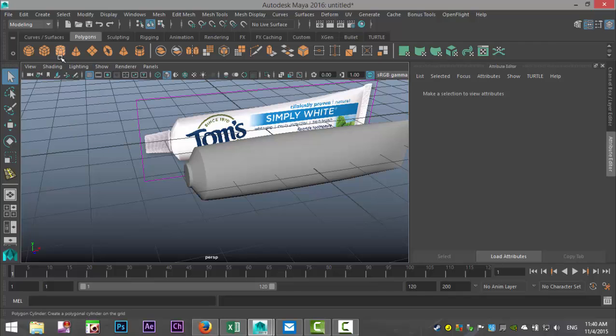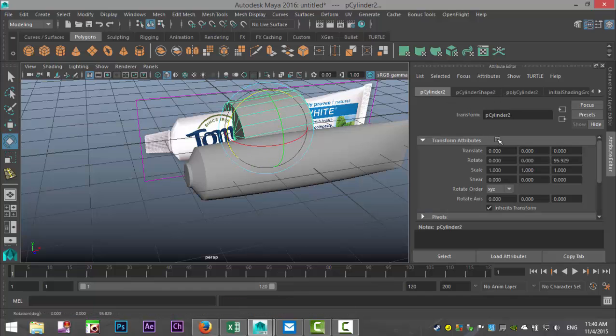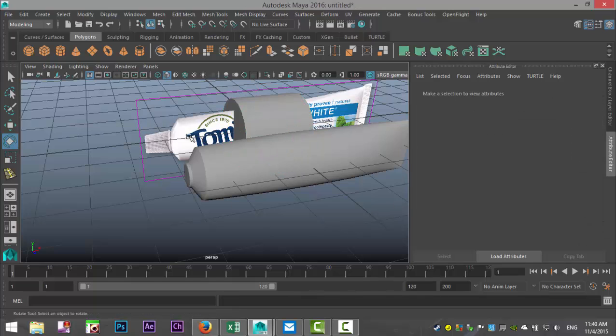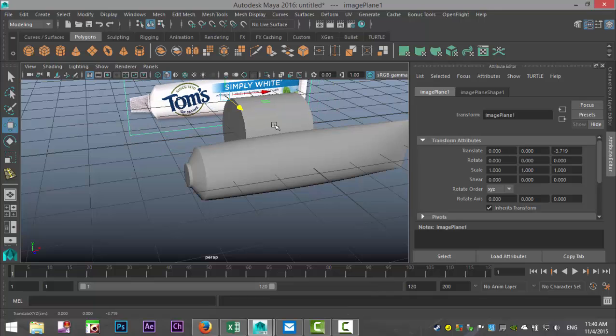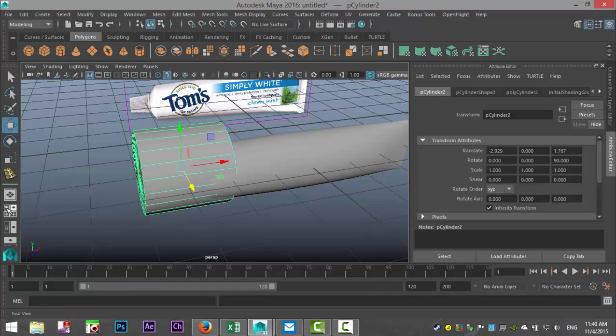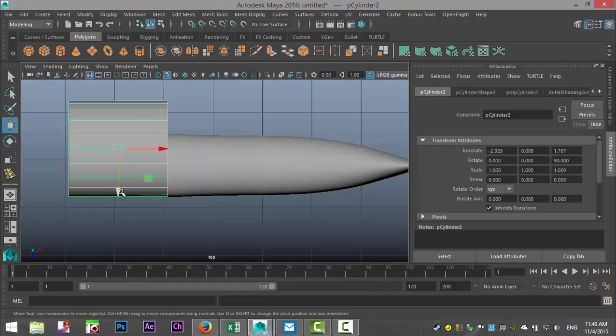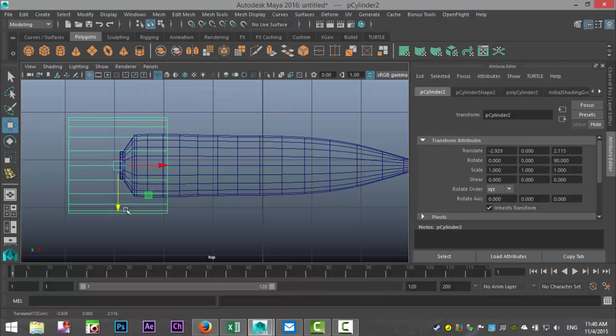Okay, for that, we're going to take another polygon cylinder. We're going to hit E to rotate it to 90 degrees. And we'll just take this guy, and actually we still need it. So we'll hit W, we'll move it out. We'll take this guy, move it forward, and move it in. From our top view, we're going to hit 4 for wireframe mode. And let's make sure it's in the middle. And then we're going to hit R and we're going to scale it down.